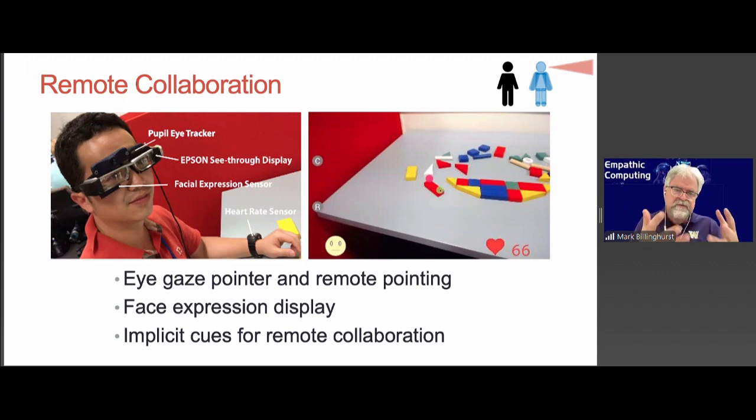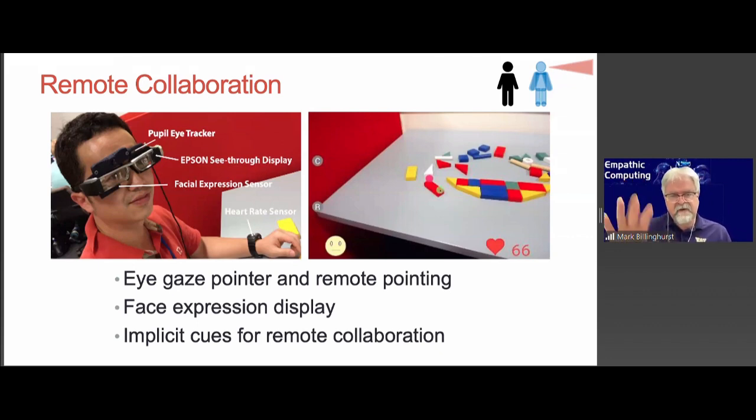So here's a person wearing the system, and he live streams his camera view to a remote person. The remote person can then point on the camera view, and he will see their pointing appearing on his view. But also, the remote person can see the face expression and the eye gaze of the person doing the streaming. So you can see here on the bottom left, there's a face expression icon.